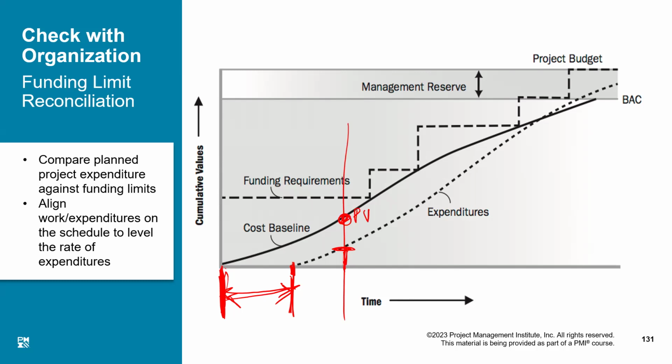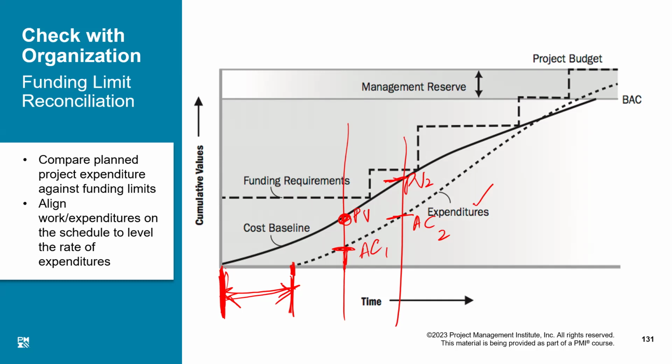So let me call this expenditure dotted line the actual cost at this point, and maybe if I draw a line here, the actual cost at this point, maybe this is 1, this is 2, this is the planned value at this point. So the difference between the planned value and actual cost actually represents nothing but the spending, how much money we have spent and how much money we should have spent by that time. This is not representative of anything.